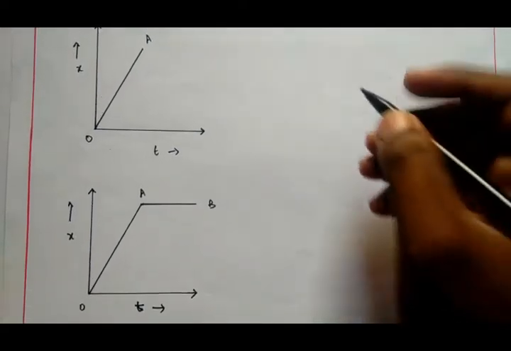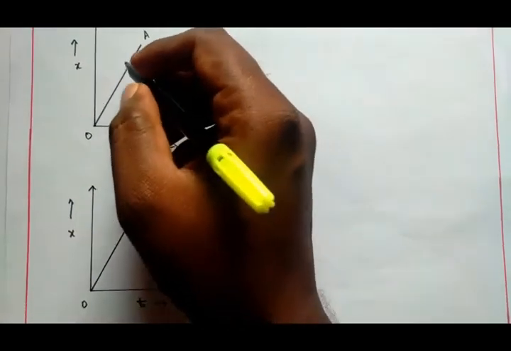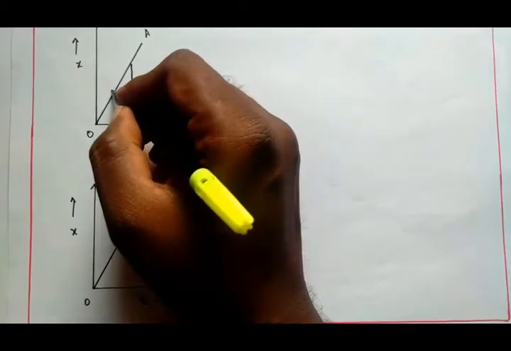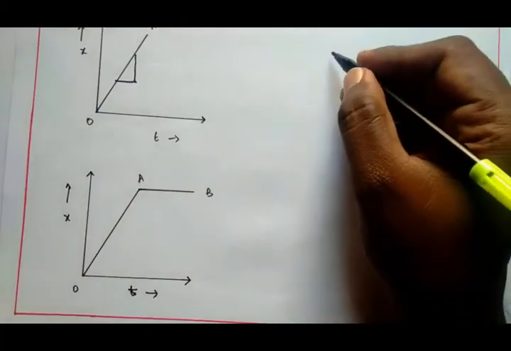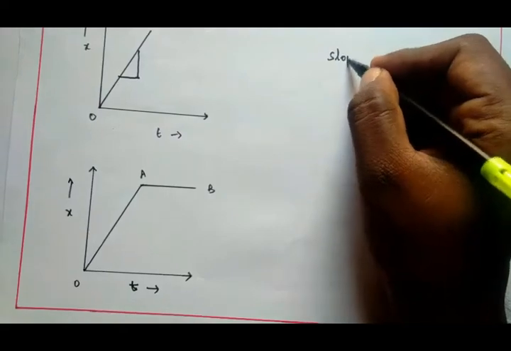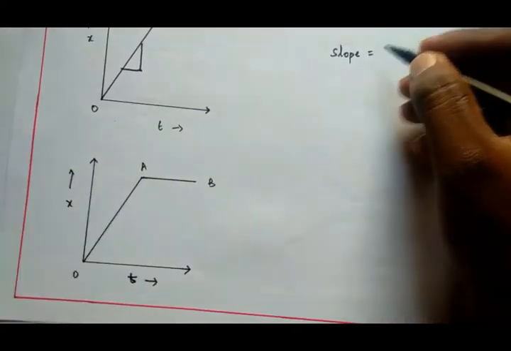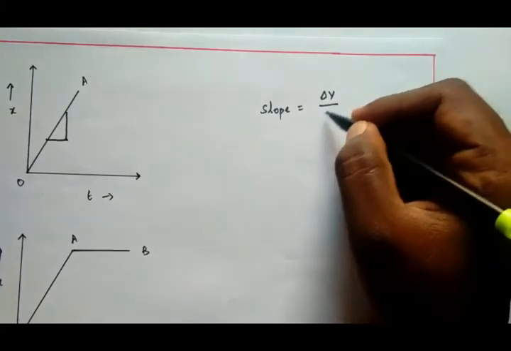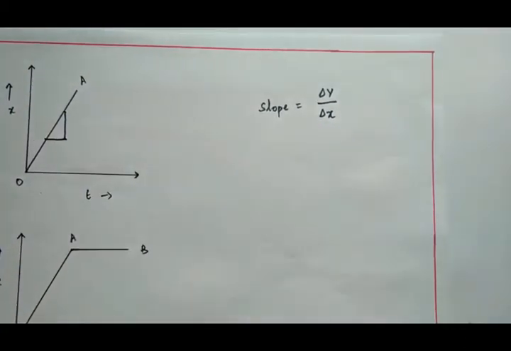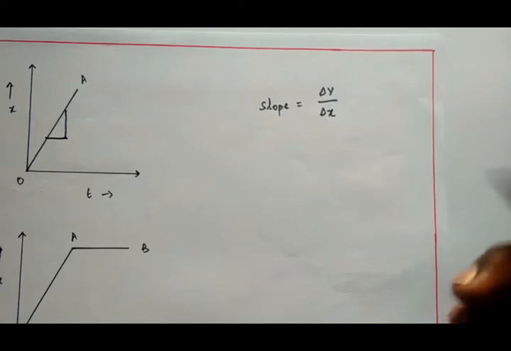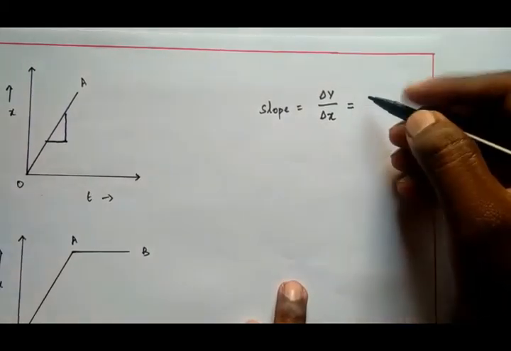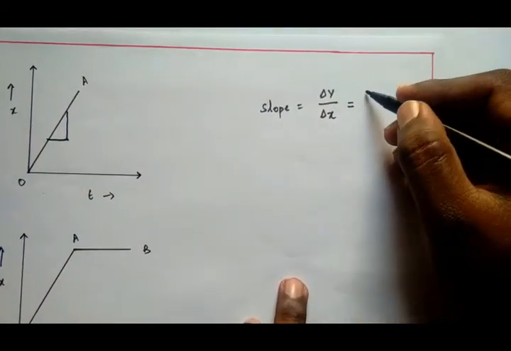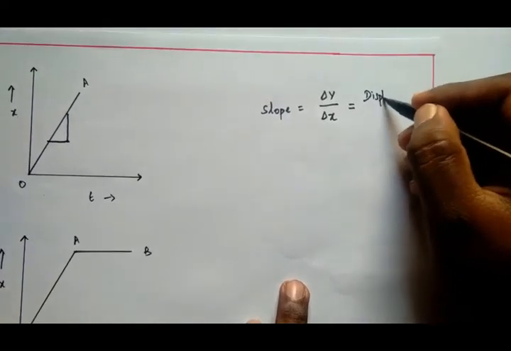The first graph, on the top left-hand side corner, represents a straight line, and I am taking its slope. We know that the slope of a straight line is given by difference in y by difference in x. Since on the y-axis we have displacement, I am writing delta y as the difference in displacement,